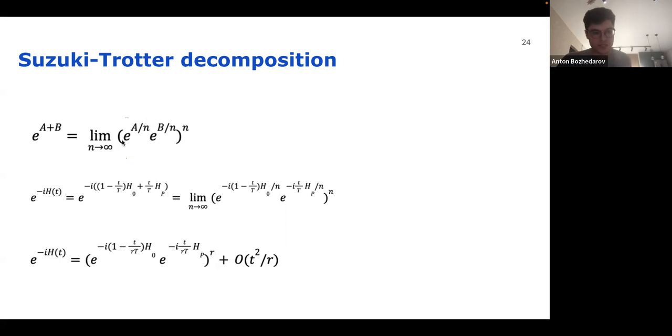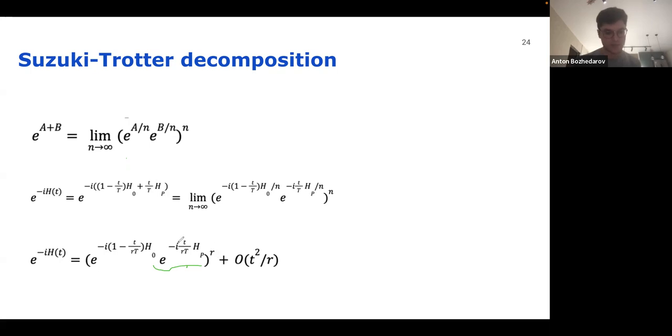You can see that this multiplication is repeated an infinite number of times, and we would like to cut it off at some point, fixing not n to infinity but some number, for example, r. It means that we will have an error in the representation of such a function, and the question is how big the error is. Also, what is used in universal quantum computers is the representation of these individual terms.